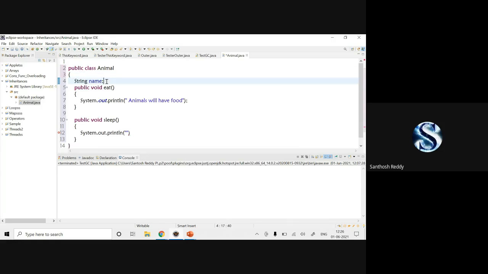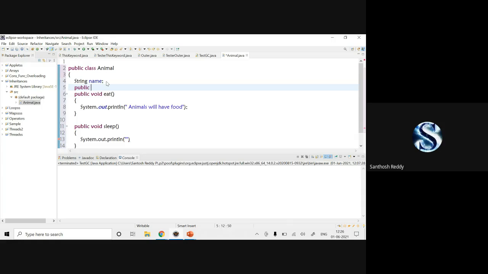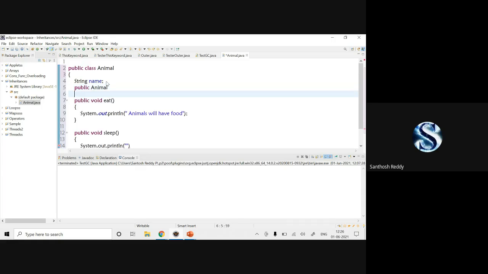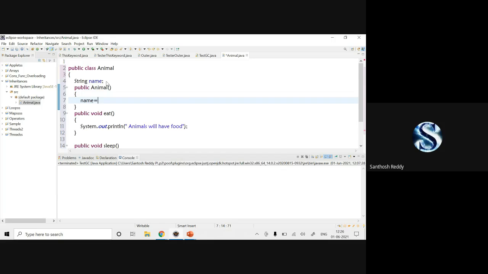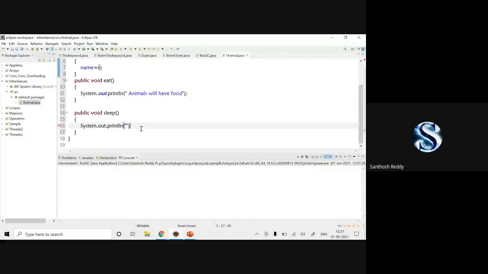I'll create one constructor, public Animal, open and close, name is equal to n. I'll give a semicolon here, String n. Whatever animal name I pass, it will be accessible here. What both animals will have? Here I'll specify name plus, here also name plus animal will sleep. That's it.